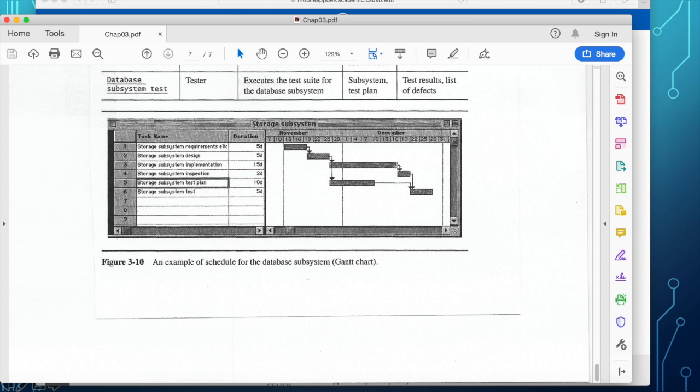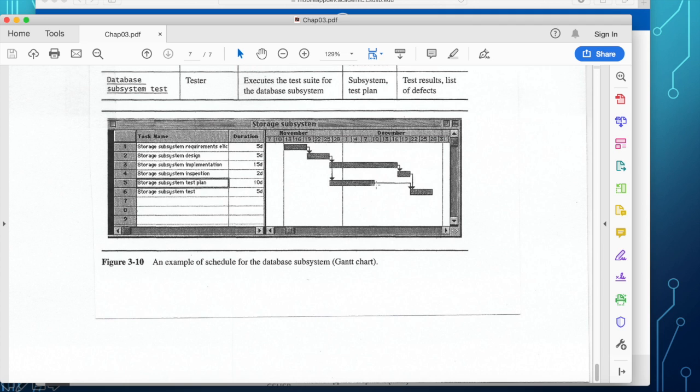Okay, the implementation takes 15 days, but the test plan takes only 10 days.